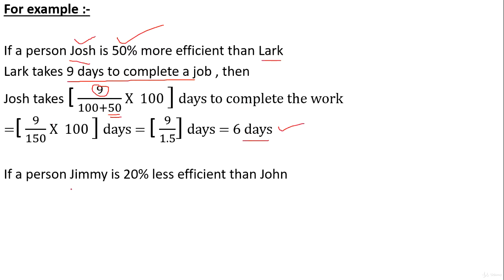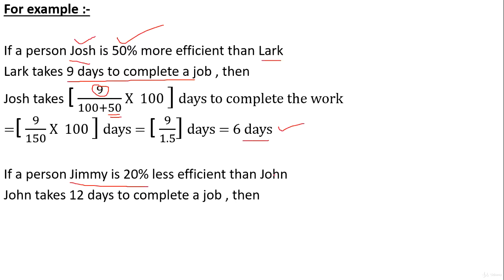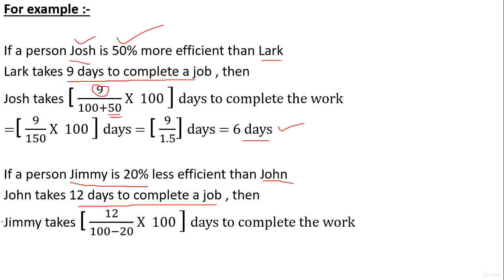Now we'll take another example. If Jimmy is 20% less efficient than John, then how many days will he take to complete the work? And here John takes 12 days to complete the job, right? So we'll apply the same formula here. That is 12 days here